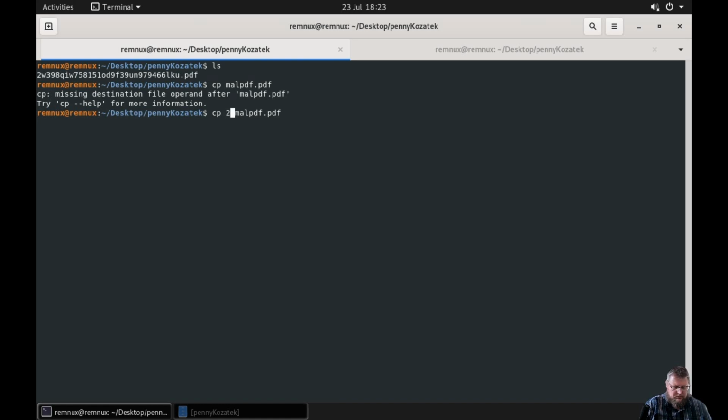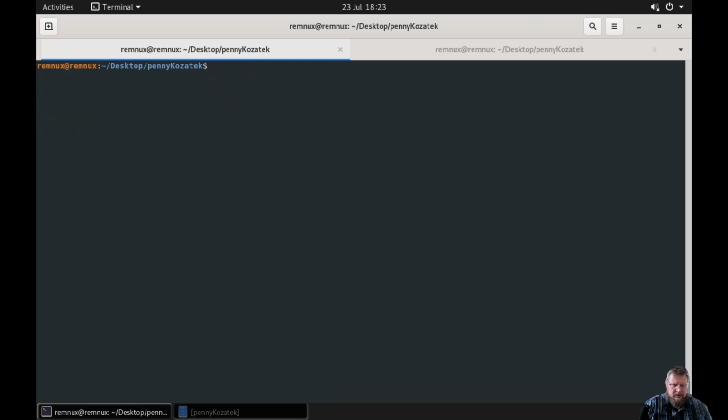Now, how do I know it's the same file though? If I do md5sum, that's gonna give me a hash, or actually I could do sha256sum of that malicious PDF. That gives me that long